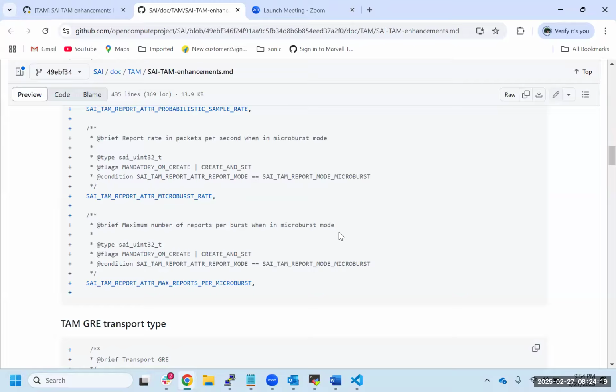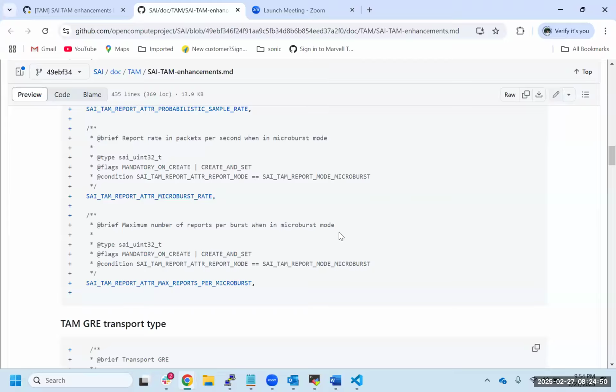If my queue length goes beyond 20%, 30%, 40%, or 50%, that is enough to at least detect that the burst happened, a microburst happened, because queue length buildup happened. But in this case, you're not saying that, right? That condition on the queue length could be done with the existing thing.